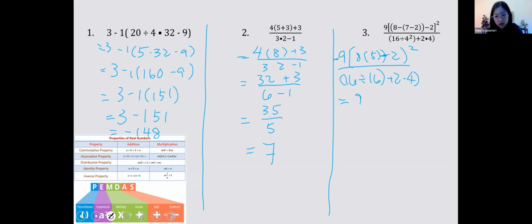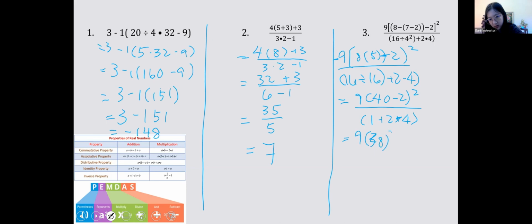So it will be equal to 9 times 40 minus 2 over 1 plus 2. This is multiply. I'll just do next. Okay, 4. And like the other problems, we will just be following PEMDAS. So what is our next step in the numerator? It will be